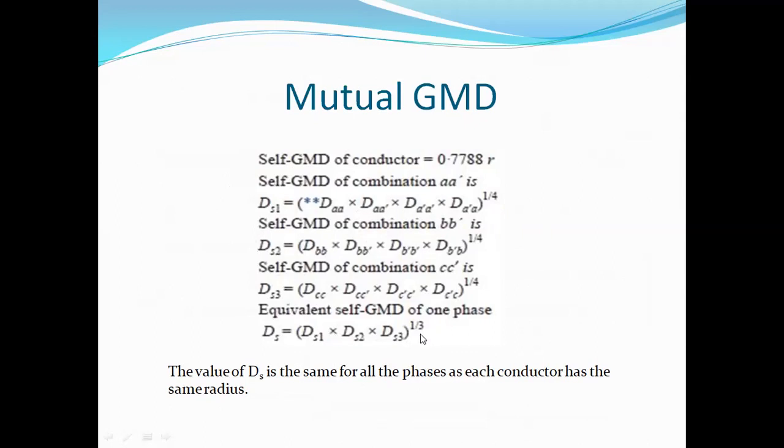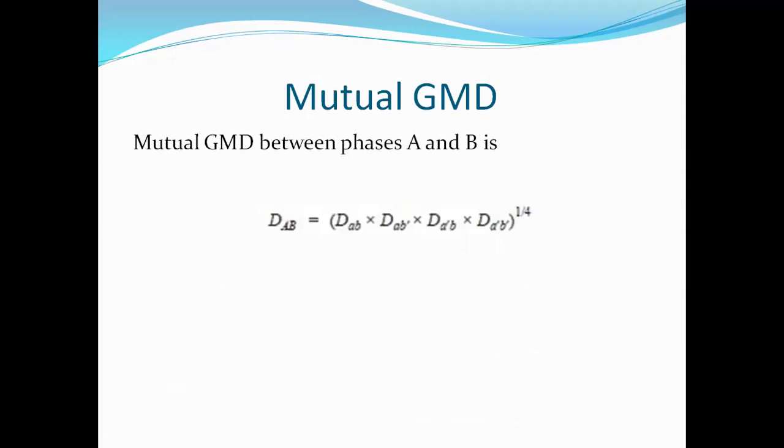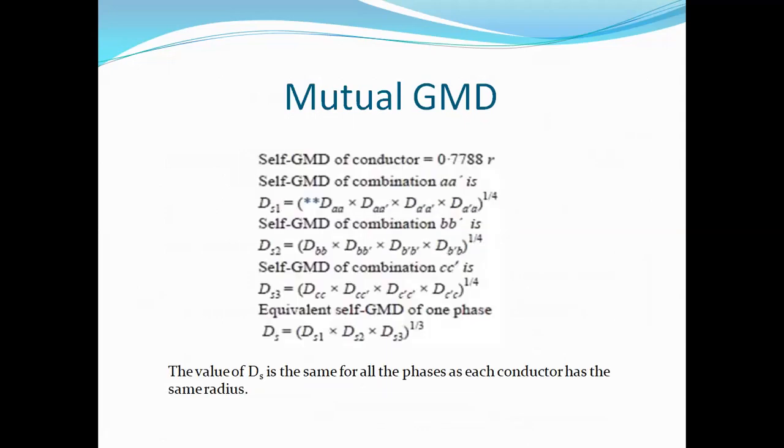So this way we can find the self GMD of the conductor. The value of DS is the same for all the phases, as each conductor has the same radius. Now we are going to find the mutual GMD. So this is the procedure to find the self GMD